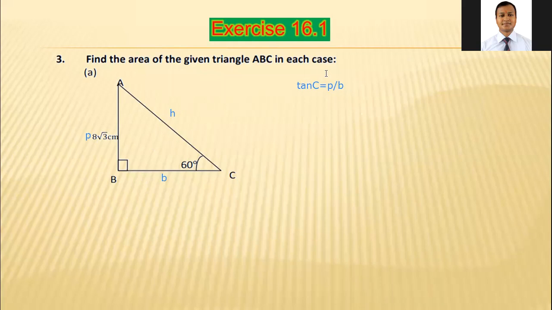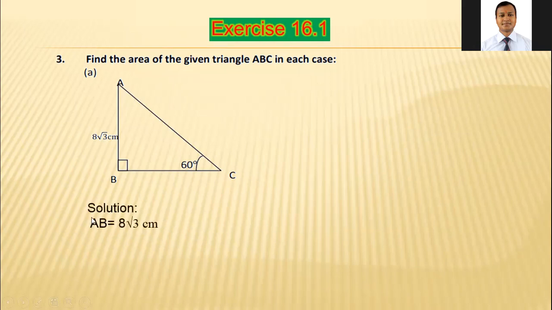So here we are going to use formula of tan theta. Tan C is equal to p by b. And after using it, we will get value of b. And after b, area of triangle is equal to 1 by 2 p into b. That is our formula. At first, we have to find out b, then area of triangle 1 by 2 p